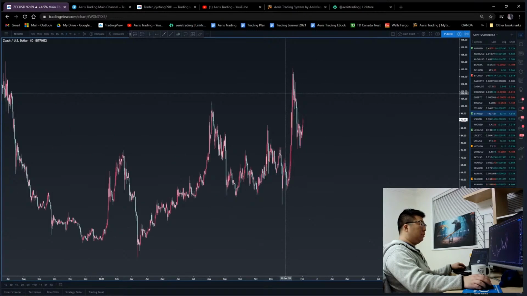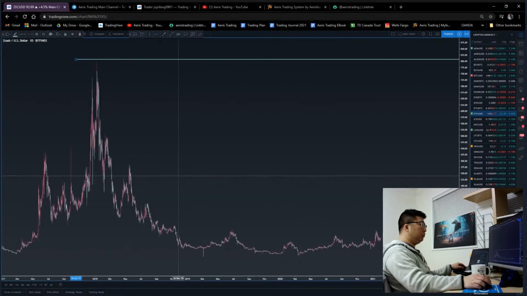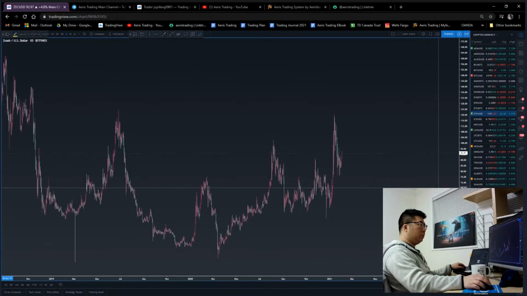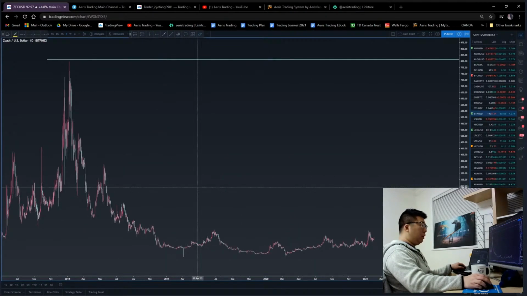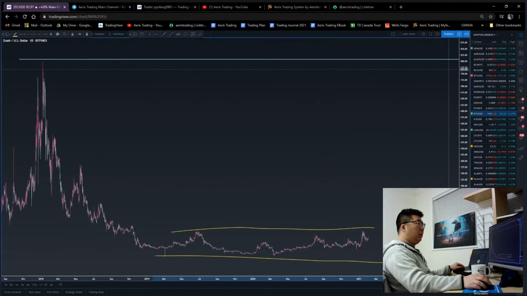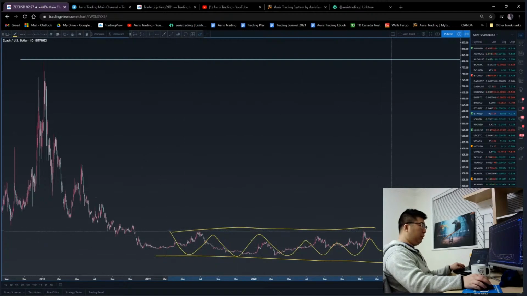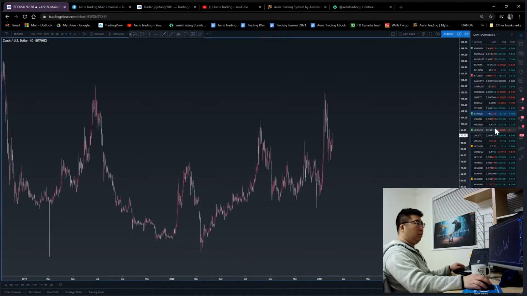So let's see here. What I see here, at least the first time looking at it, is that we're still in this kind of consolidation phase. You can see the difference between this one and the other ones I pointed out. We're still in a corrective phase, in my opinion, on the higher time frame. This is still rather corrective. Okay, so I would wait for a clear breakout, right? A clear breakout from the previous highs, and then continue upwards. Right now, I'm not seeing that. This is why it's throwing me off, or at least I'm not interested in it, because it's not the same as the other crypto where they had clear